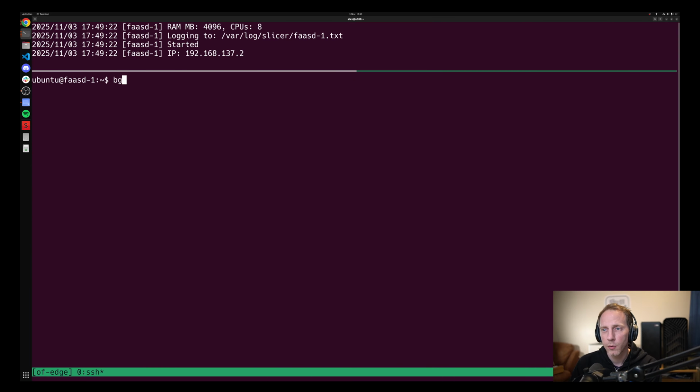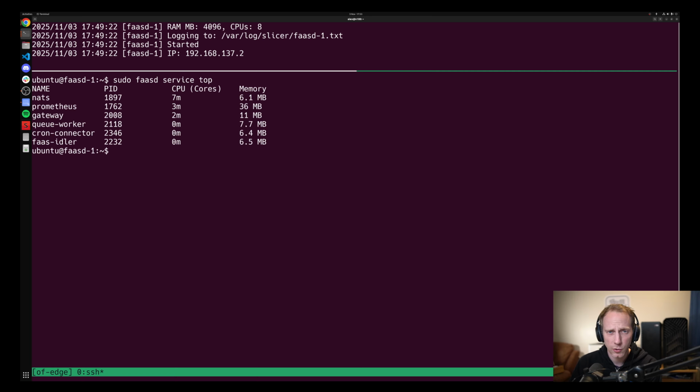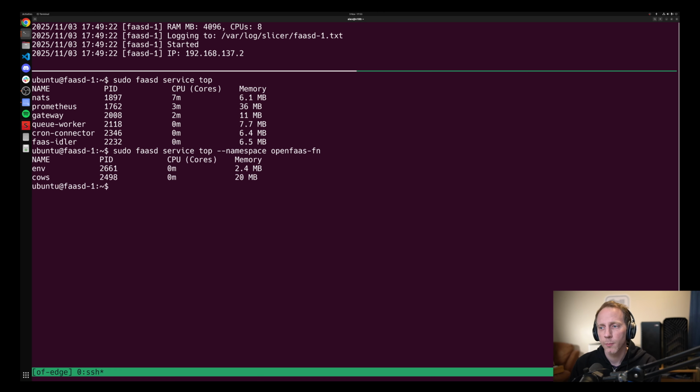The service command is relatively new, but it will also show you CPU and RAM usage. And if you want, you can put a namespace into there and, for instance, look at the functions in exactly the same way. So that was my very quick demo of Slicer starting up a brand new VM